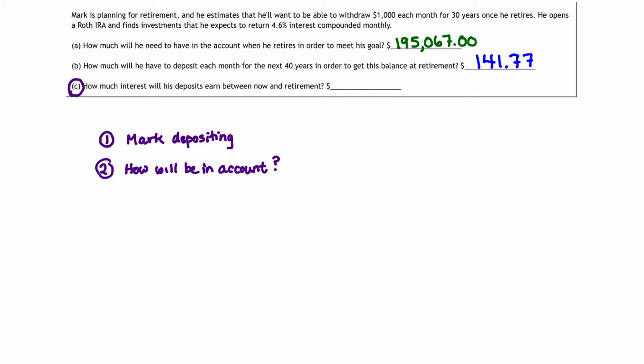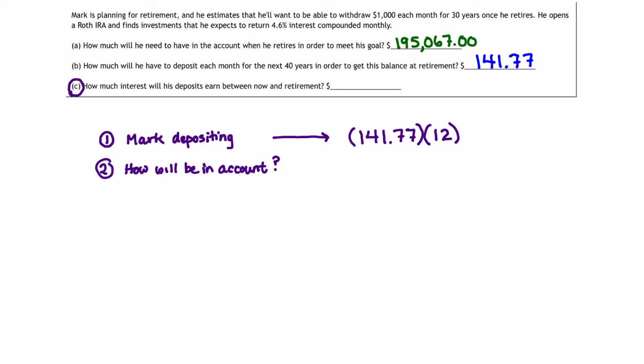The first number is, how much is Mark depositing? Well, let's look back at part B. Part B tells us that each month Mark deposits $141.77. Now that's each month. Now there are 12 months in a year. So if we multiply